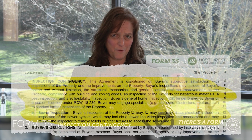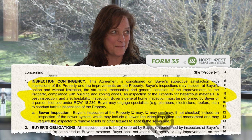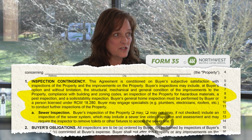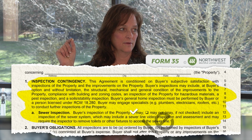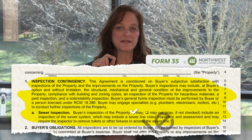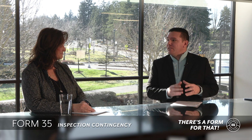Looking at that first paragraph of Form 35, it is a robust inspection that the buyer can do. They can inspect almost everything about the seller's property. My buyer does also want to inspect that septic system, so I mark the box for sewer scope. And I tell my buyer, now you can inspect the home and you can inspect the septic. Am I right? No. And it comes back to knowing the difference between a sewer, what the property is connected